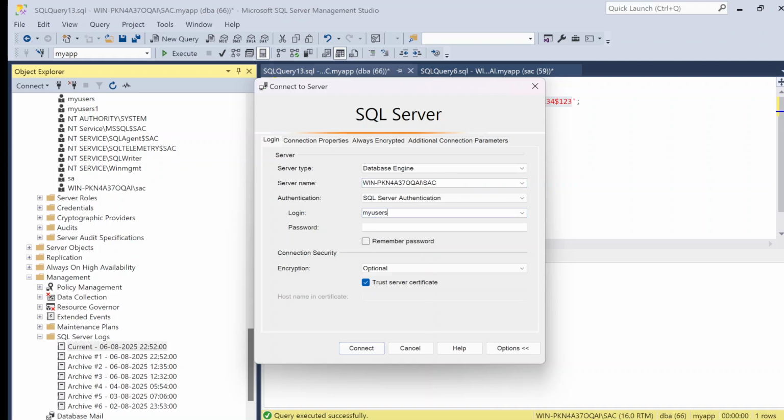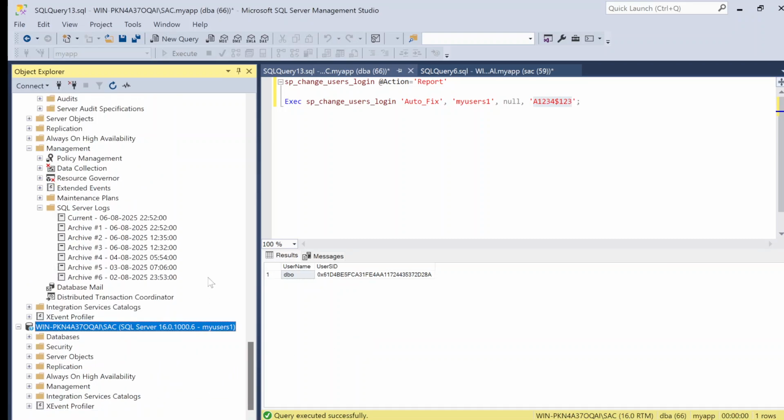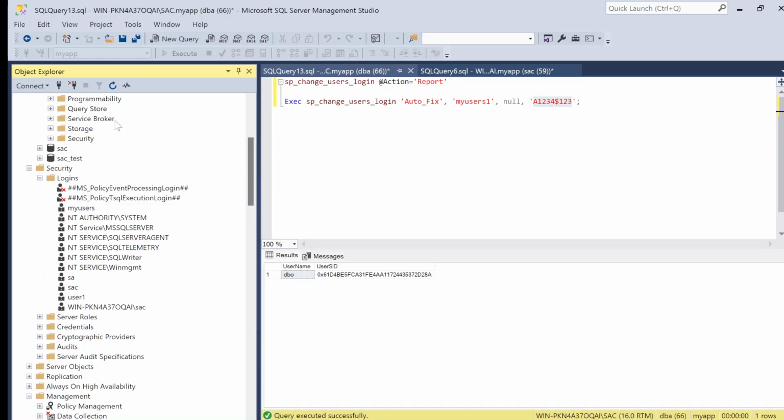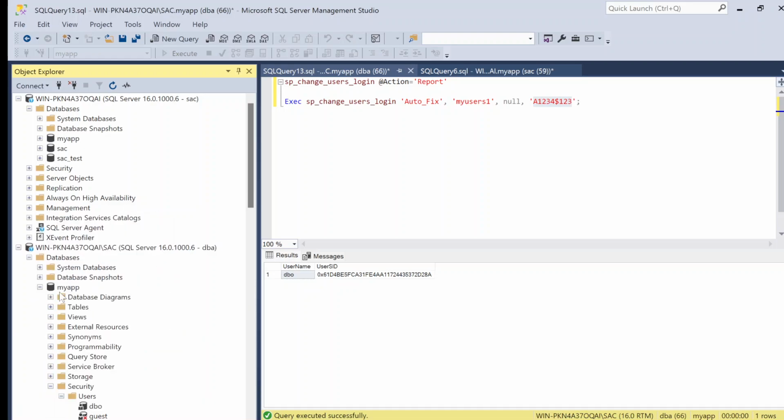My users one, and we will paste and connect. Now it is connected. This is what happens if the database is not a contained database, if it is a normal one. So you have created a database here in the default instance, then you moved that to the named instance